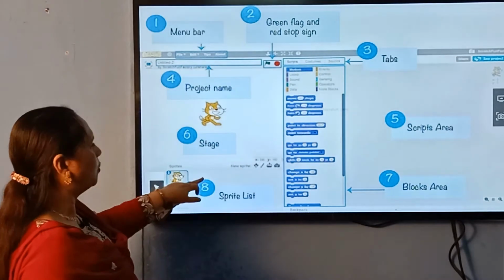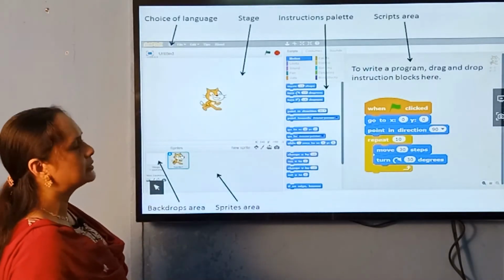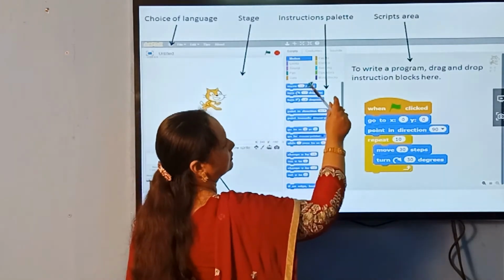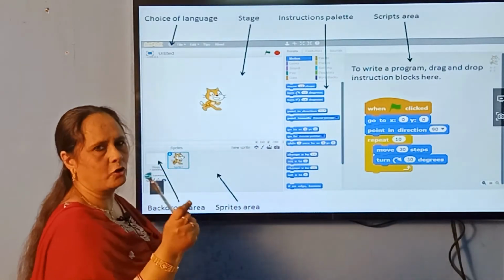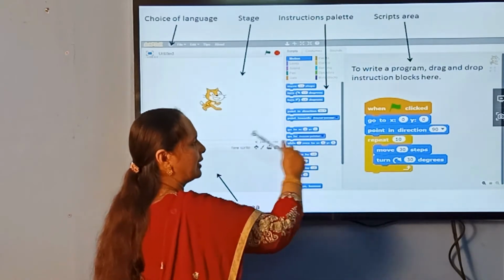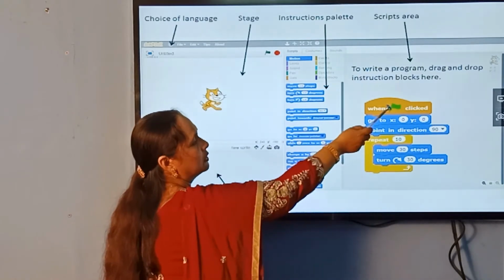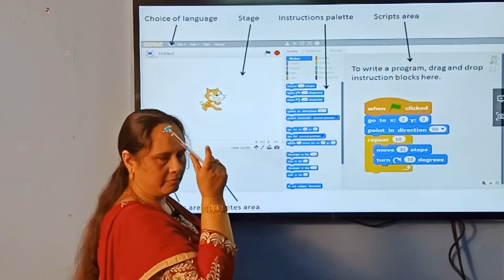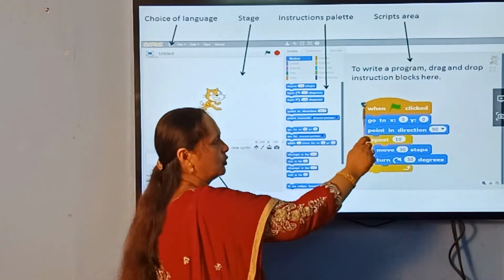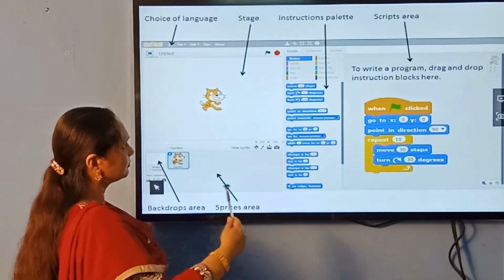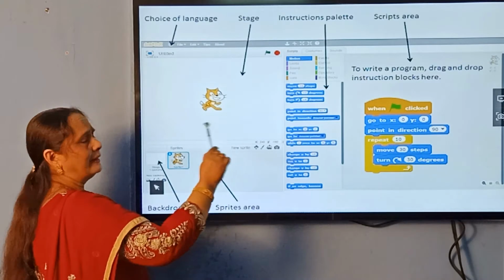Now you see how we are doing it here. Can you see this picture? Yes, whatever script you want to write, you do not need to write it, just drag and drop on the script area. When you drag and drop, always you should first give the block 'when green flag is clicked', then you give all the animations according to your story. And this is how it will get created.